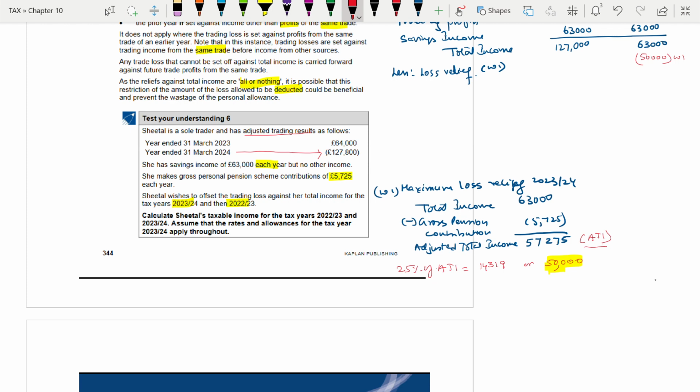But from the others, you have to be very selective. If it is for others, it is maximum 50,000. Getting my point? See the thing. Two conditions are there. If it is from the same trade,